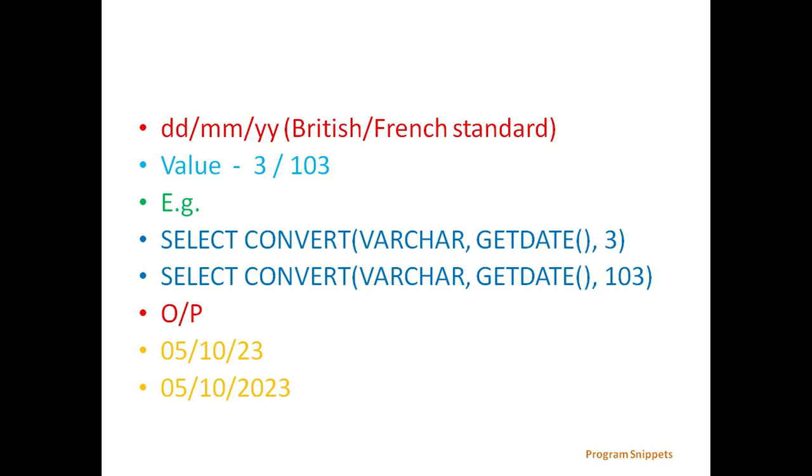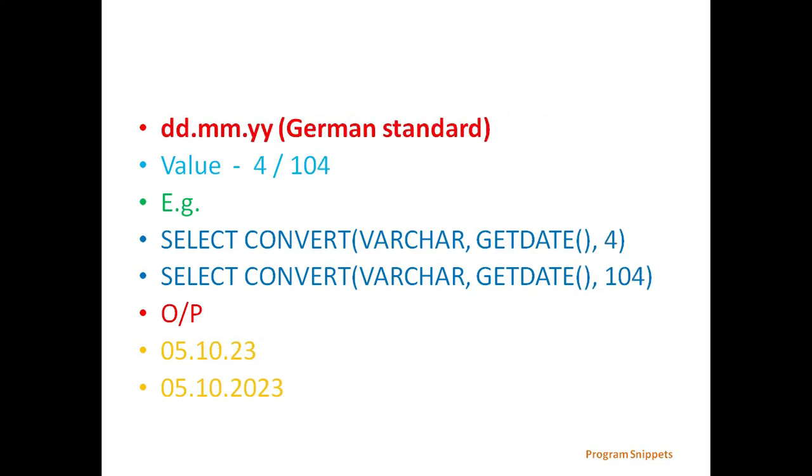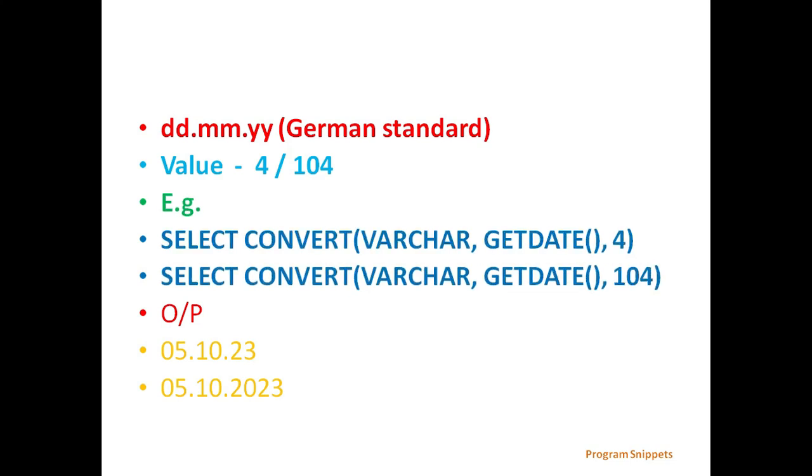If we give the value 3, it will display here in YY format, and if we give the value 103, it will display here in YYYY format. Next is German standard, that is dd.mm.yy. To get this format, we will use the value 4 or 104. For example, select convert varchar getDate, 4 or select convert varchar getDate, 104 will give the output